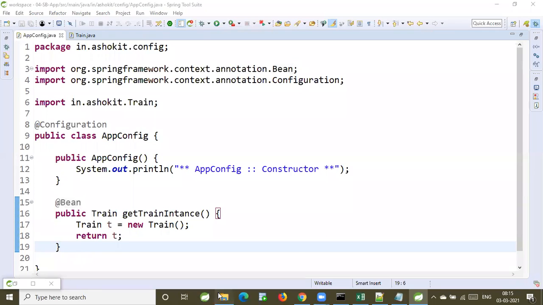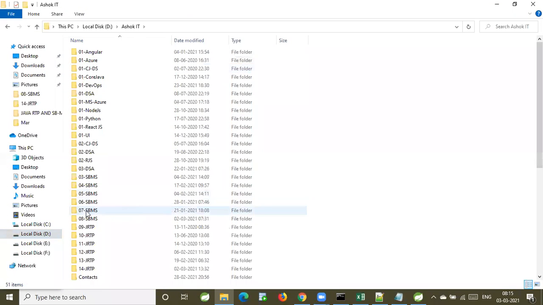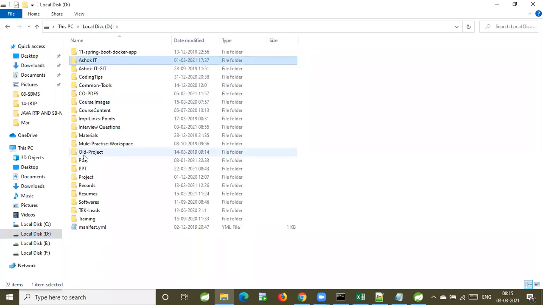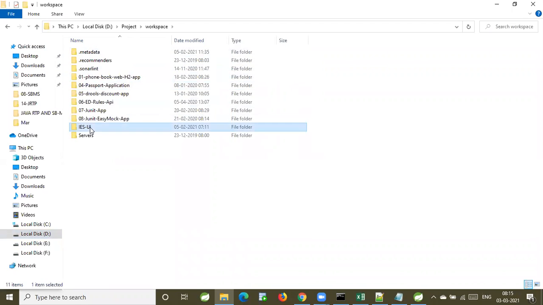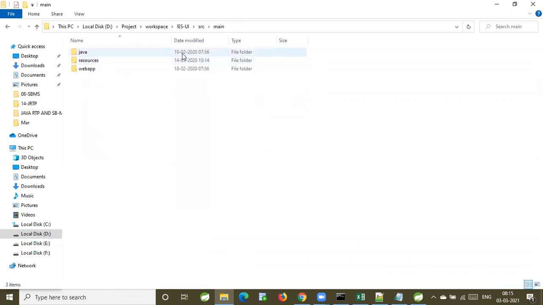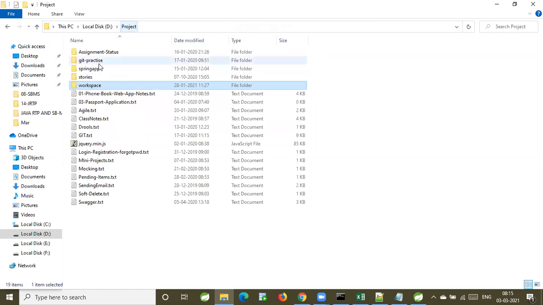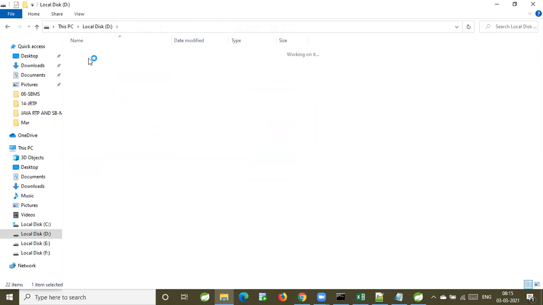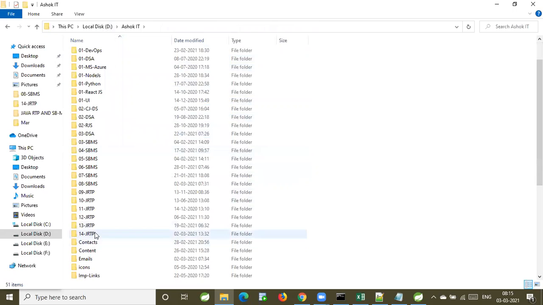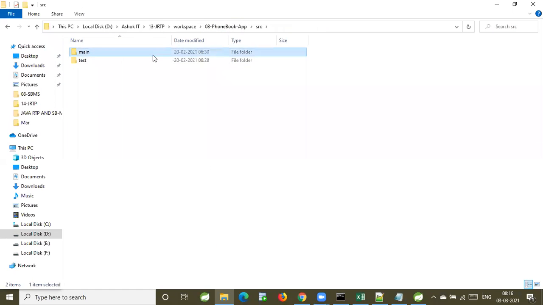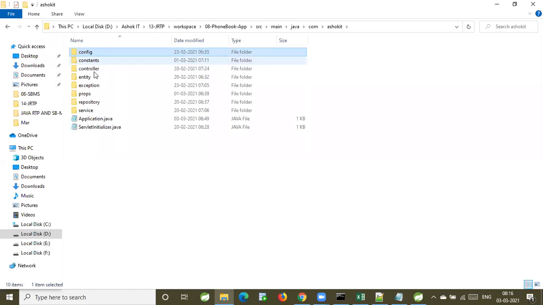Simple example. Now, let me take one existing project from the previous batches. Go to src, main java, config.